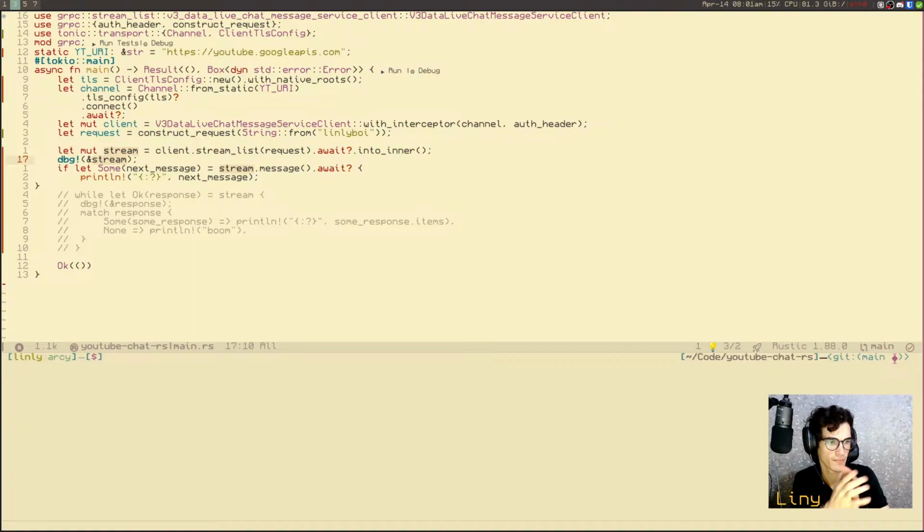Cargo run. It says invalid argument. So right here,